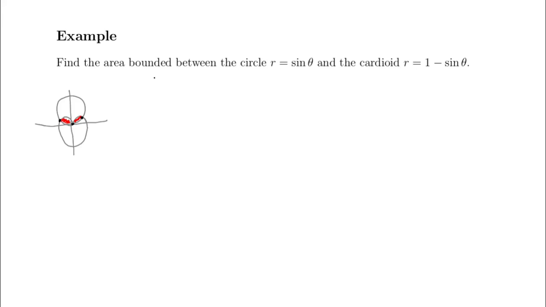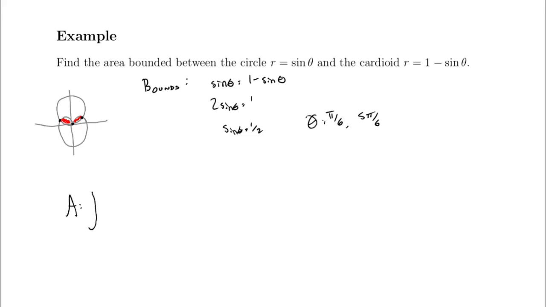So what we want to do is, again, find our bounds by looking at where sine theta is equal to 1 minus sine theta. Where do these things intersect? And now we can go ahead and say, well, this means that 2 sine theta is equal to 1, and so that means that sine theta is equal to a half. And so again, we've got pi over 6, 5 pi over 6. So our area is going to be an integral from pi over 6 up to 5 pi over 6